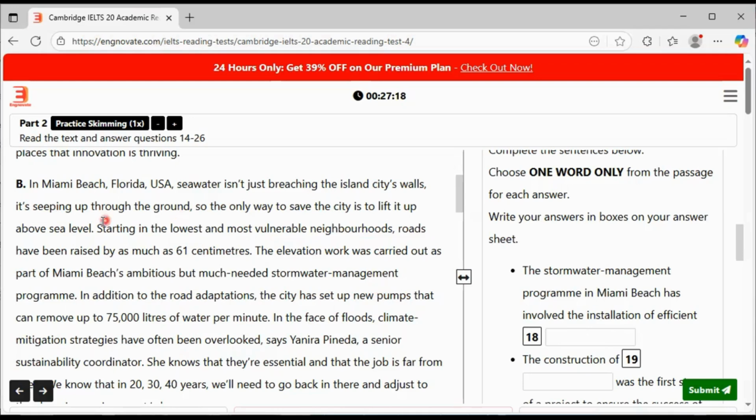Let me go back. Starting in the lowest and most vulnerable neighborhoods, roads have been raised. Elevation work was carried out as part of Miami Beach's ambitious